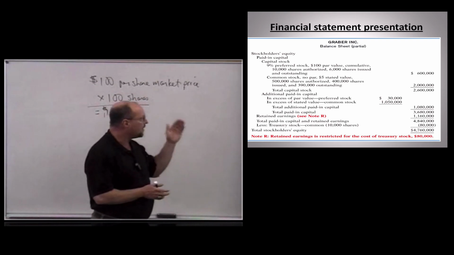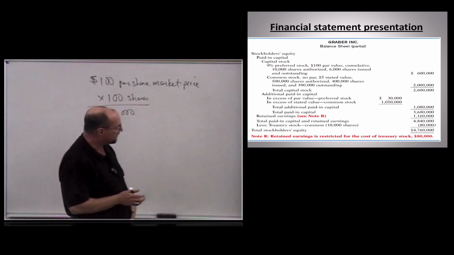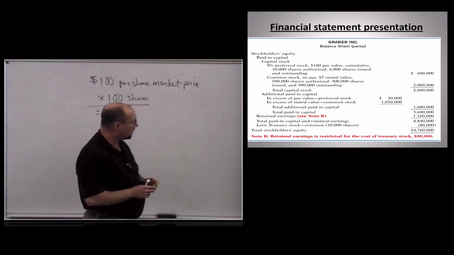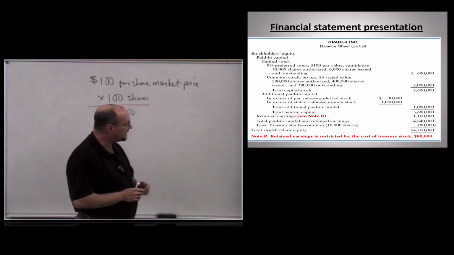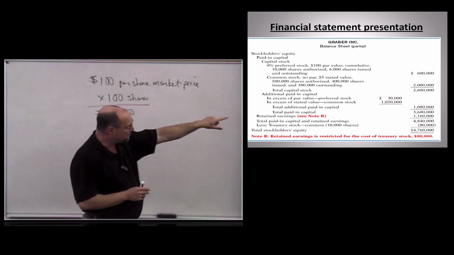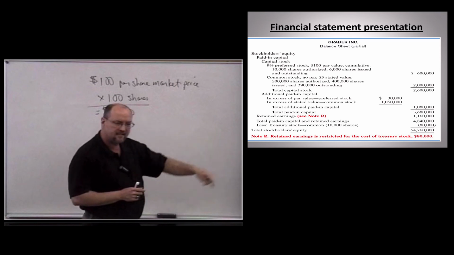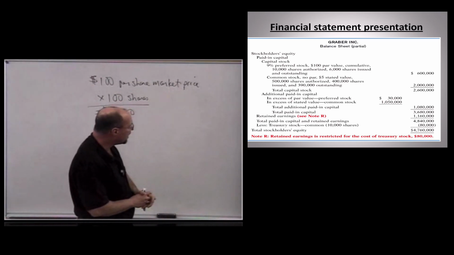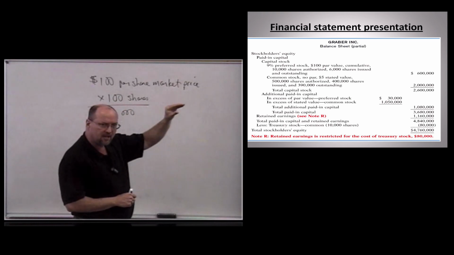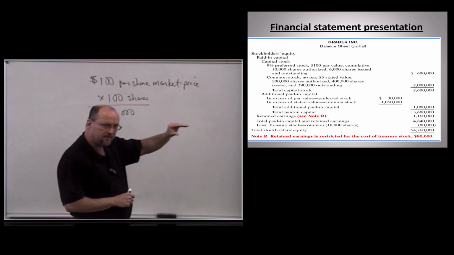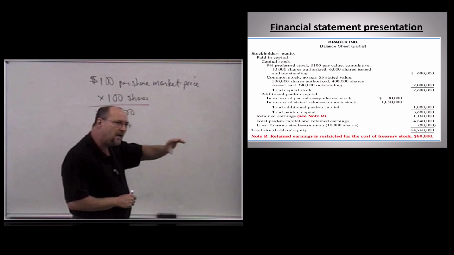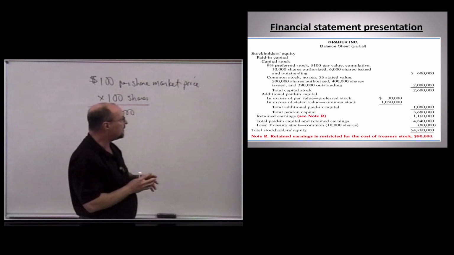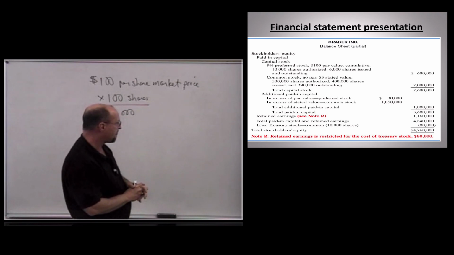So, common stock, no par stated value, or par value $5 per share, 500,000 shares authorized, 400,000 issued, and 390,000 outstanding. That tells me that further down I'm going to see 10,000 shares of treasury stock, and we do. So the preferred stock account, plus the common stock account, plus the APIC accounts for preferred and common, gives me my total paid in capital section.